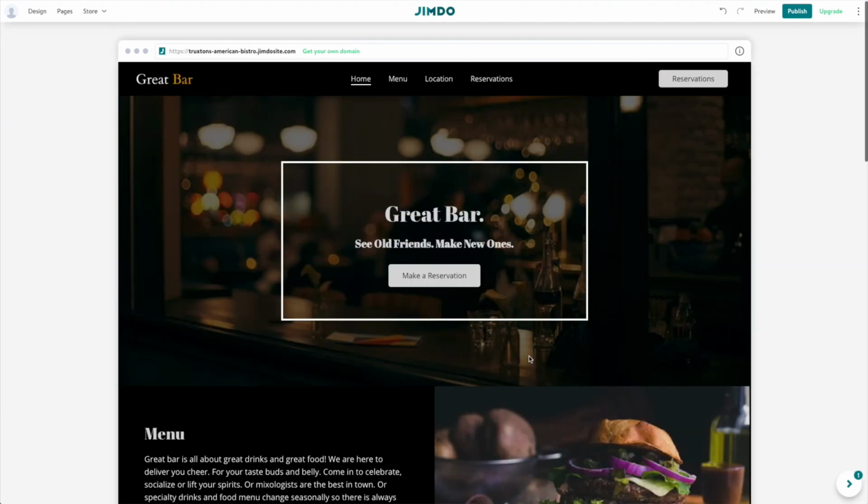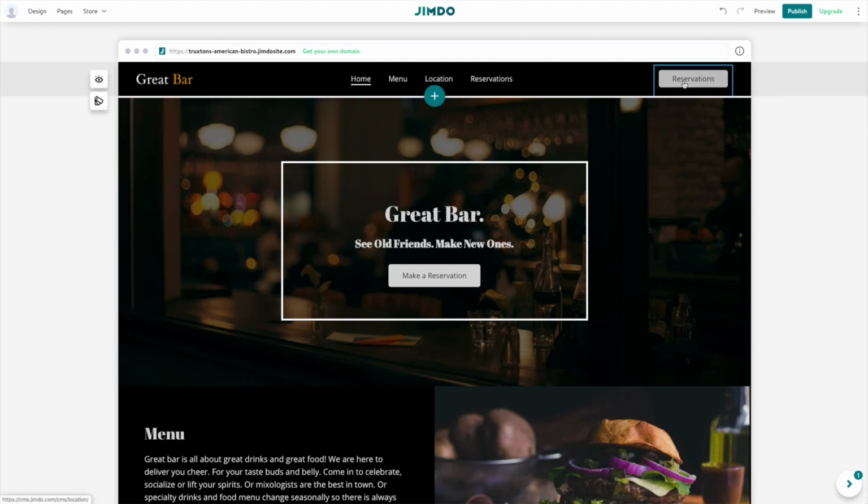Okay, so the next thing we need to do is just to add the links that we need on our website. So the links to the buttons and the links to any other parts of our website that need links. So things like this reservation button, to add that link so it goes to the reservations page or to the contact page, you just want to click on the button and then click on this little chain link